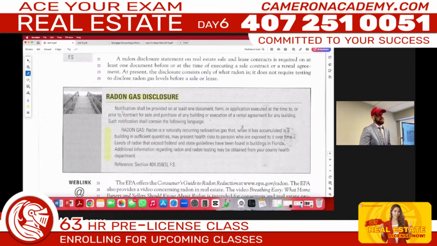But here in Florida, it's not common. Up north, if you have a radon gas problem, it could build up in a basement. And that's why you have these devices you can put in your home to detect radon gas. Most people don't worry about it here in Florida, but it is a hazard and it's something that has to